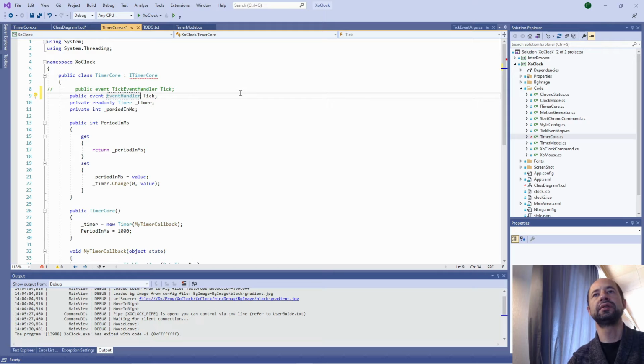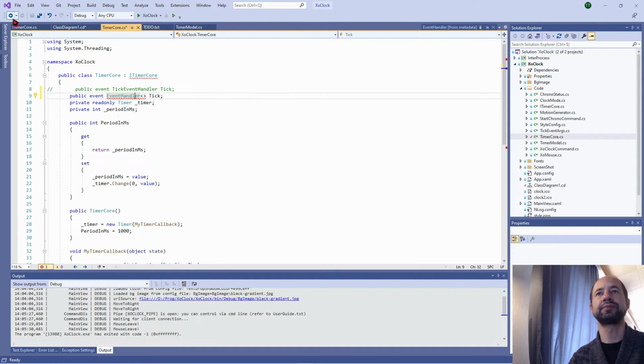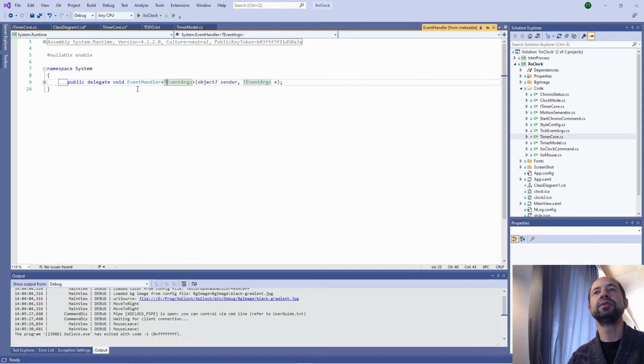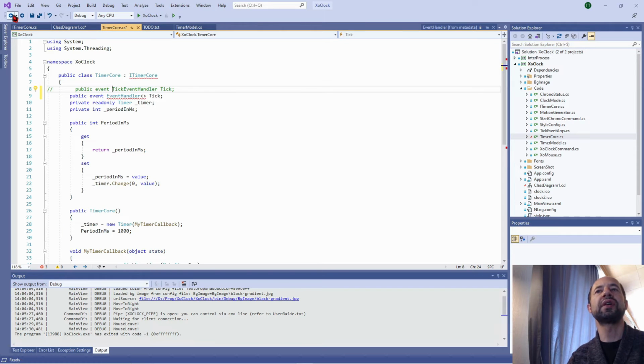Event handler is a generic type which has an input with a type, and the type which should be used is the tick event args. So this means that we have a tick type which gives the event args.